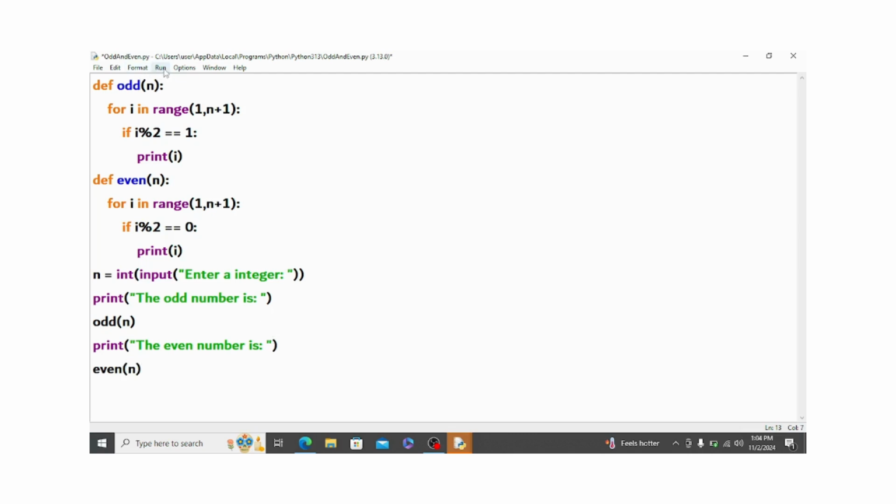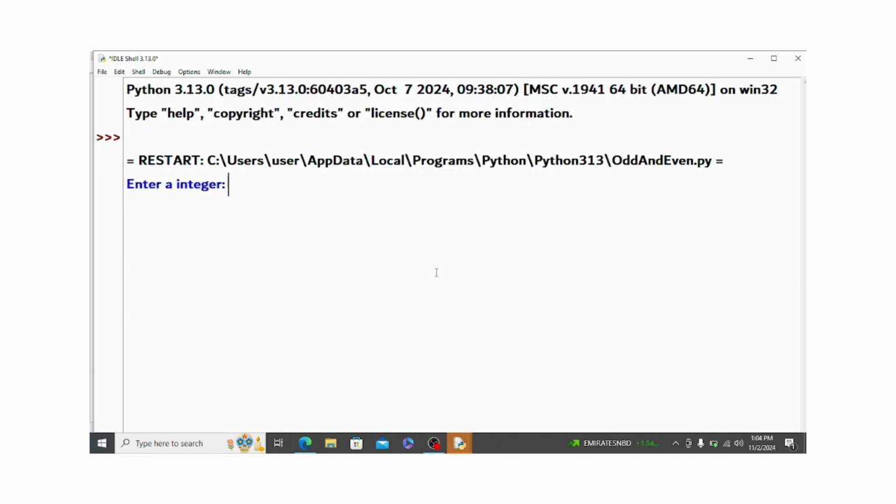Okay, now if you run the code, the user is asking us for the number. So I'll add there 20. Okay, 20,